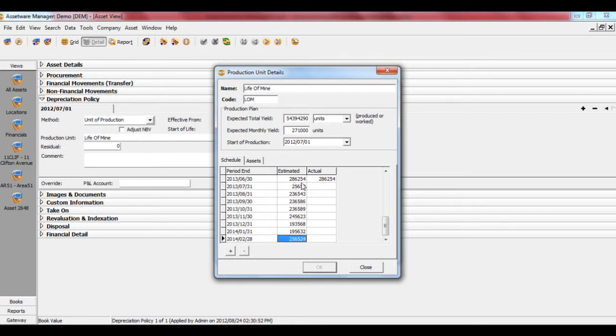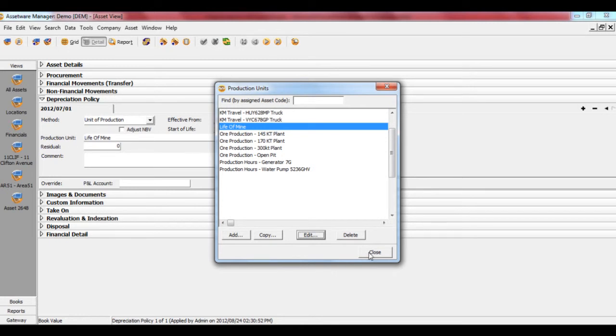So if I were to pull a report in July 2013, it will use these units used as part of my calculation. The simple calculation for units of production would be the units available divided by the units used for that month, times the cost of the asset minus its residual. That will give you your units of production depreciation. Now if we go back to our asset,